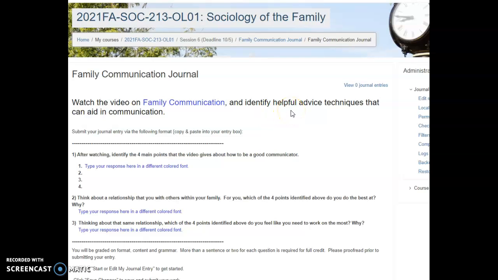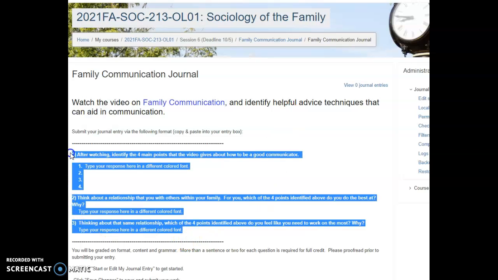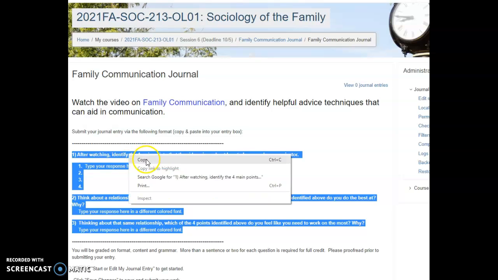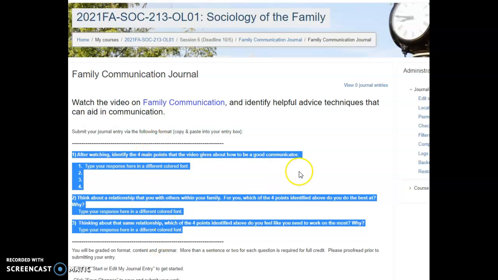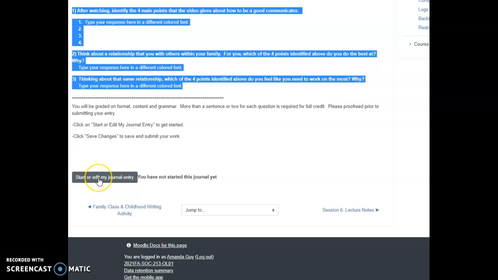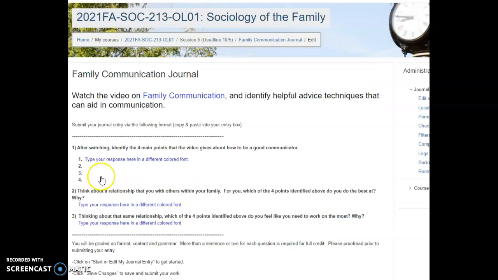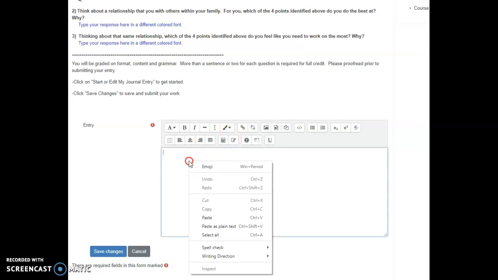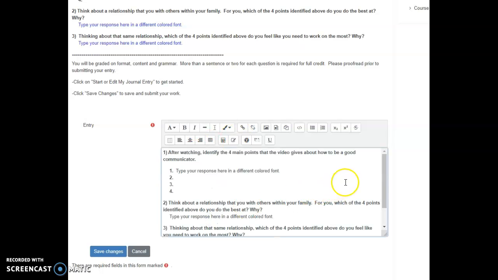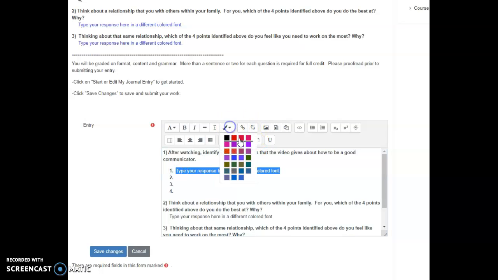When you get ready to create your journal entry, remember you are going to copy the items that are within the dotted lines. Select Start or Edit My Journal Entry and make sure that you paste into the journal entry box. Once you have identified those 4 main points that the video gives you about how to be a good communicator, you are going to type them in,